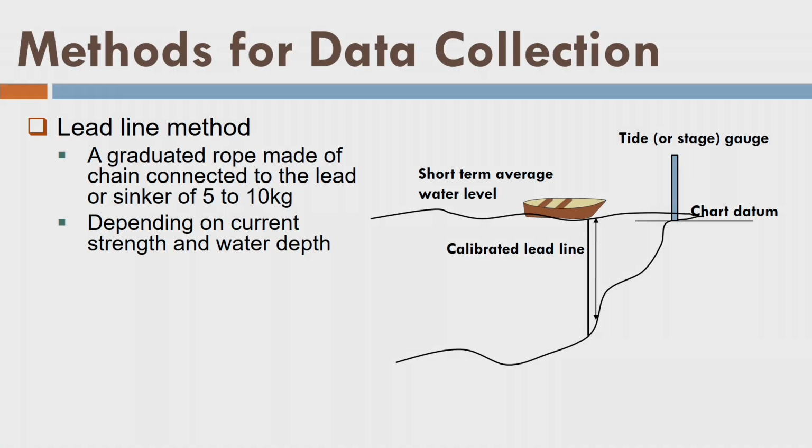So lead line having a heavy weight at the end, what will happen? It will keep on lowering down itself under its self weight, and when it touches the seabed or river bed, I will stop and I will measure the height. Since it is a graduated one and having a 0 mark on the bottom, what will happen? The point which is closer in my hand of the rope, it will indicate the depth of the water surface. Fine. That's a simple idea here. Okay. So it is also shown here in the figure.